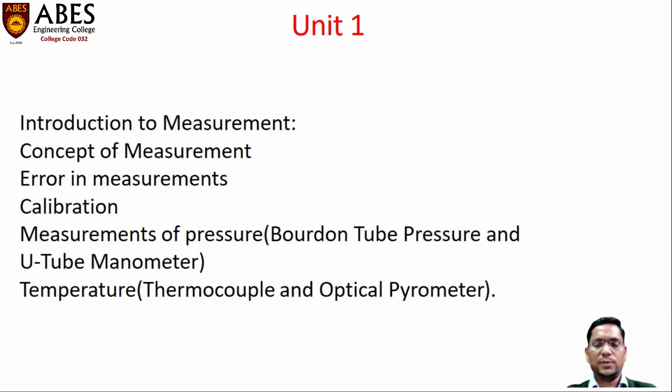The next topic is calibration. In this topic, I will discuss how to remove the calibration error of any instrument. The next topic is the measurement of pressure. I will also discuss different types of equipment, like the Bourdon tube and U-tube manometer. Both equipments are used to measure the pressure,